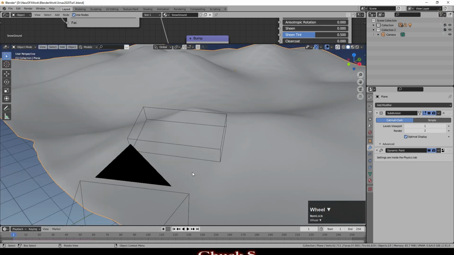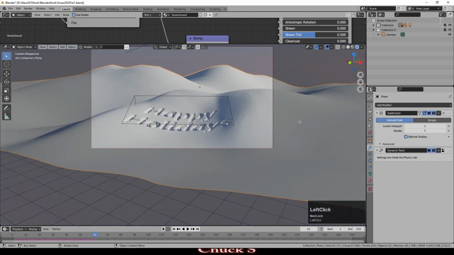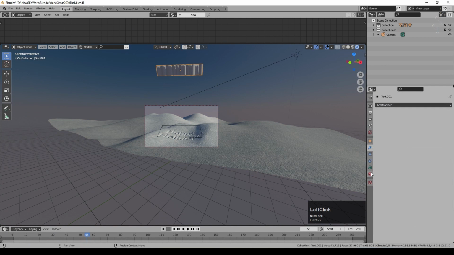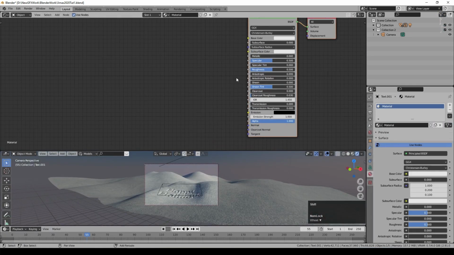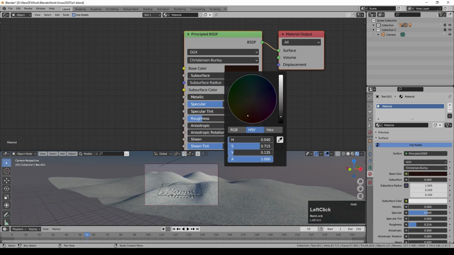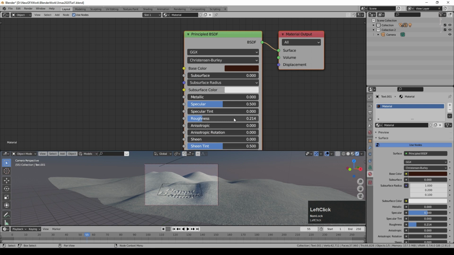So we've created our text. We can have a look at what that looks like. So it looks like something's fallen in the snow. So we know that this falls into the snow about there, about frame 55, which is roughly where the block moves. So let's select our text up here. Let's just give it a new material. And all I did with this was make it slightly shiny and give it a fairly dark sort of brown, almost like wood colour, but you barely see it, so it's really just to have something there.